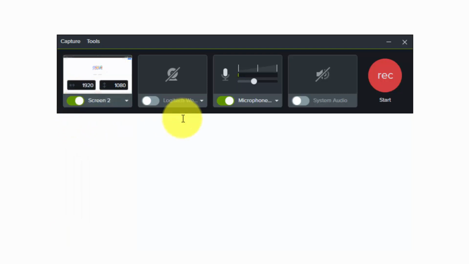Within the record window, you're going to see the capture dimensions. In this case, we're capturing the screen at 1920 by 1080 pixels, and you're going to see a preview of the screen that you are capturing. And when you are ready to capture what you want to see on that individual screen, you can hit the